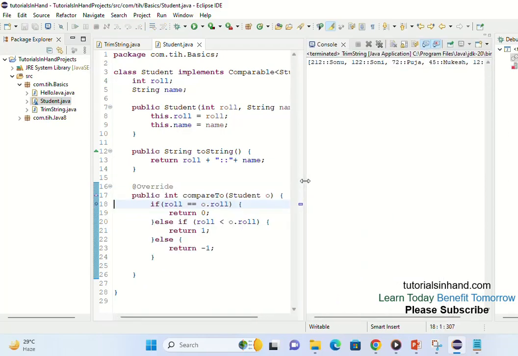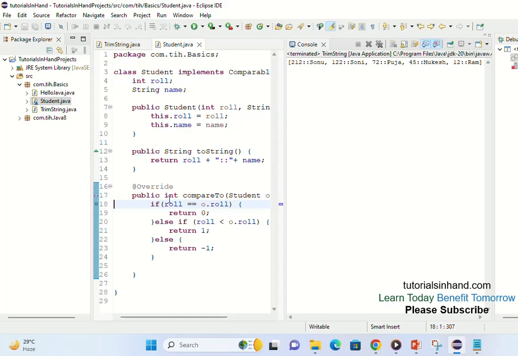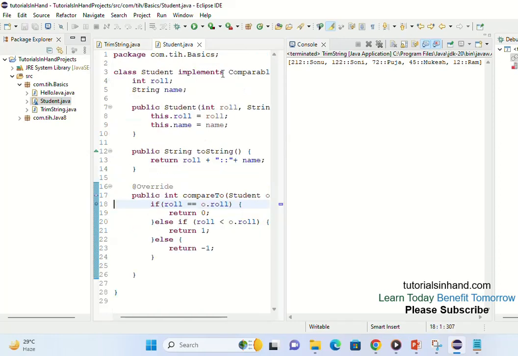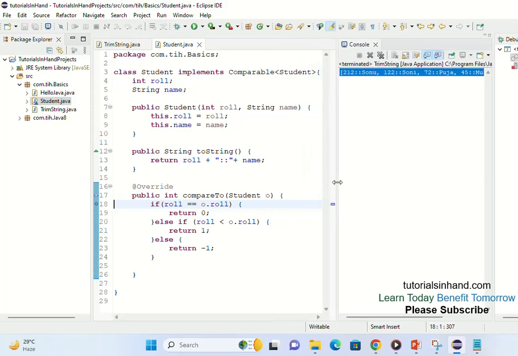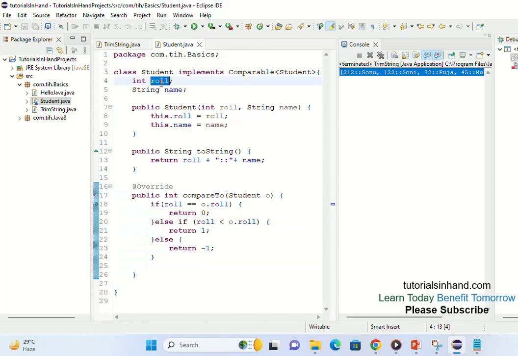Now see, once everything has run, it will show you the output on the screen. Once you keep pressing F6 and everything has been compared, means all the roll numbers have been compared, then it will print the output over here, right? So this is how Comparable works. So in the Comparable interface, you have to make sure that you are overriding this one and providing the implementation so that it could sort the elements of Student type based on any integer value. It is not only roll number. You can have salary or something like that.